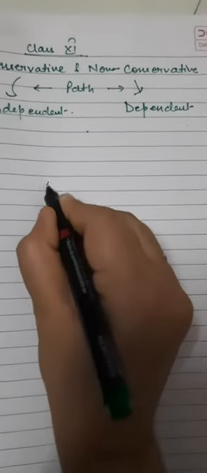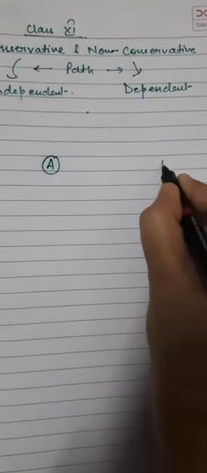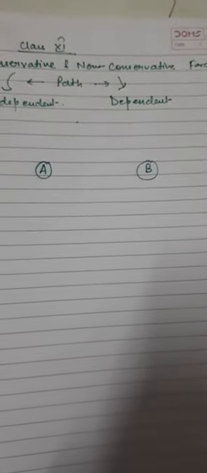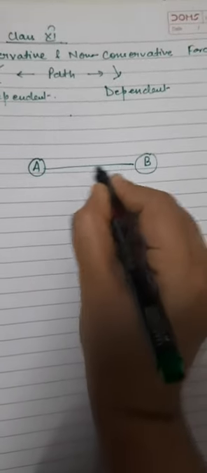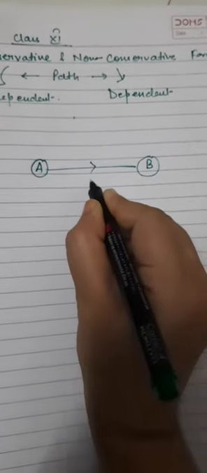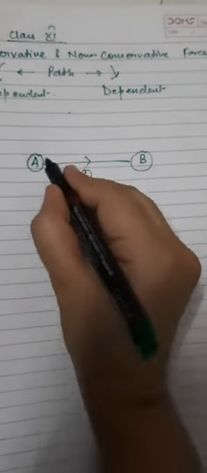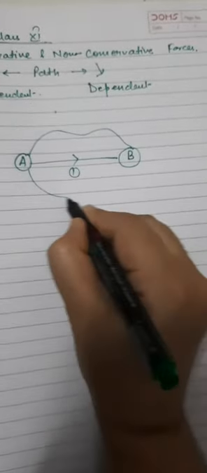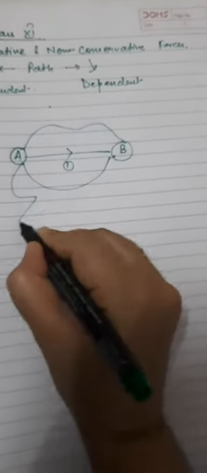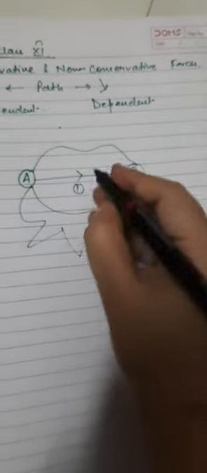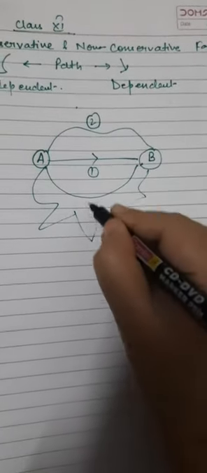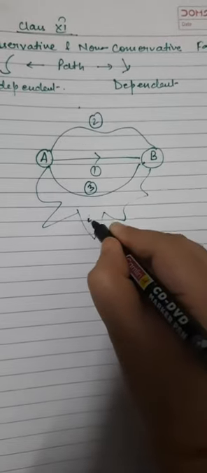Means what? Suppose let me draw one point. Let us suppose there are two places, point A and point B. If we want to move an object from point A to point B, how many possible kinds of paths are possible? Number one is the very straight path, known as the shortest path. Second, we can take any curved path, a semicircular path, or a very zigzag path. Let me call these path number 2, path number 3, and path number 4.